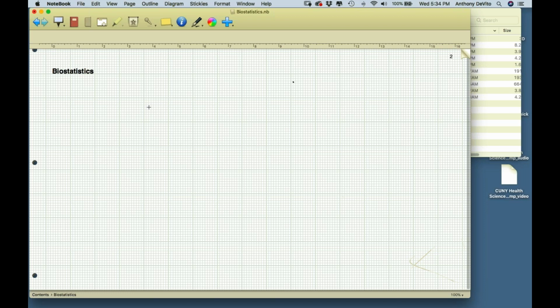Obviously, if my sample size is 1, well, then it's a real crapshoot. I don't know if I'm going to get anybody who's anywhere near the population average. If it's 2, I've got a little bit better chance. If it's 10, a better chance. If it's 30, I've got a much better chance. If it's 1,000, it's an even much better chance. So really, what we're interested in knowing is what the mean of the population is. And we refer to the mean of the population as mu, right? That's our mean for a population. Since we're never going to know that, that's always going to be unknown, right?